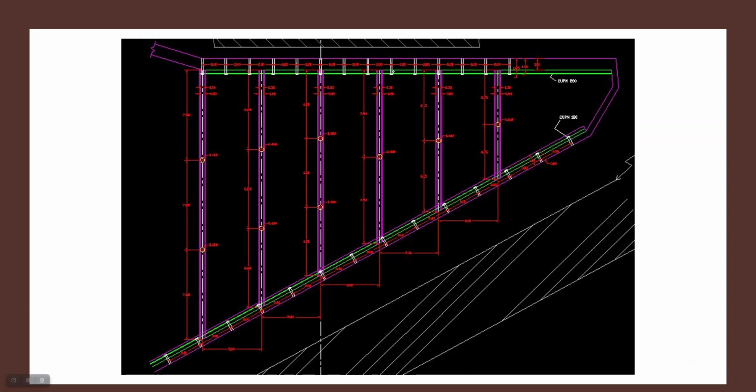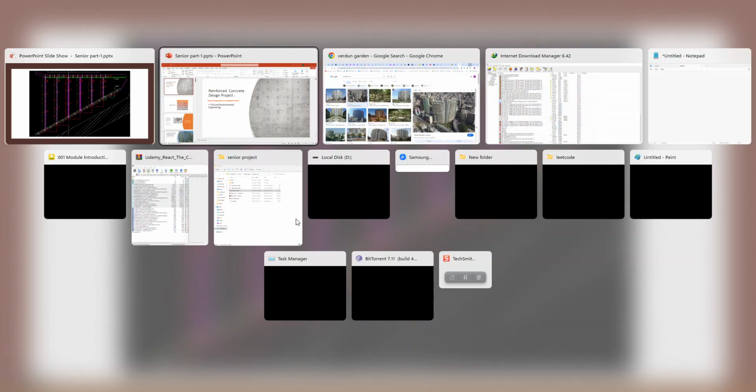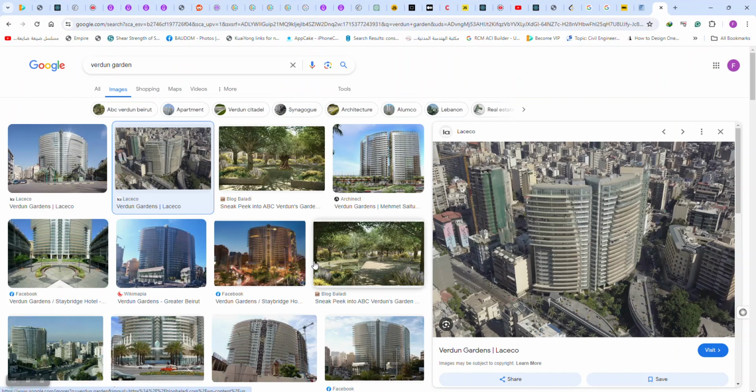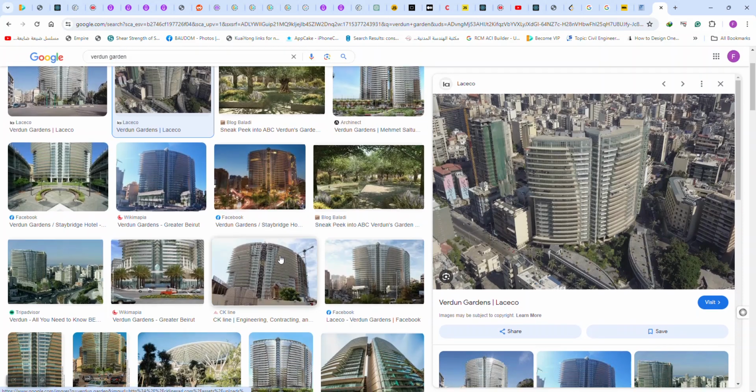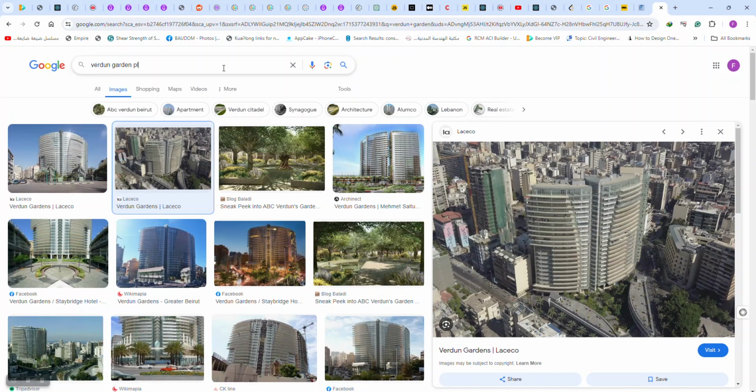Okay, and this is a plan view for our shoring system. We have here a lateral bracing. Okay, and here we have the anchors, and here also the anchors. If we want to see this plan view, we can just go to this section. Let's say plan view. If we put here plan view,